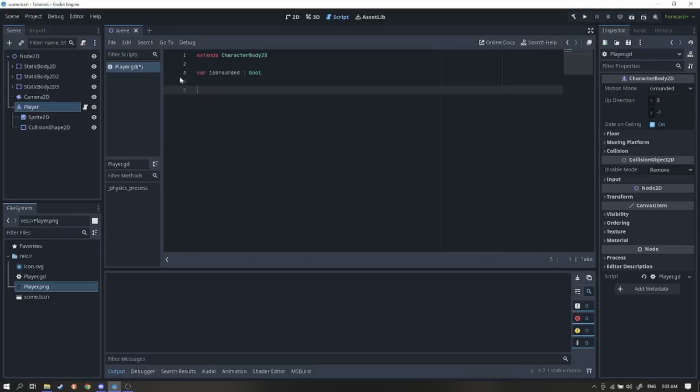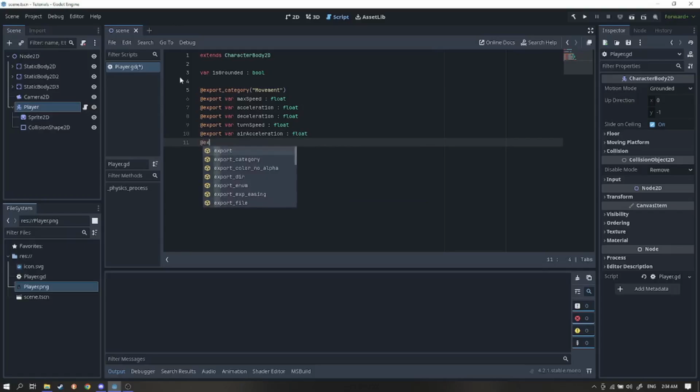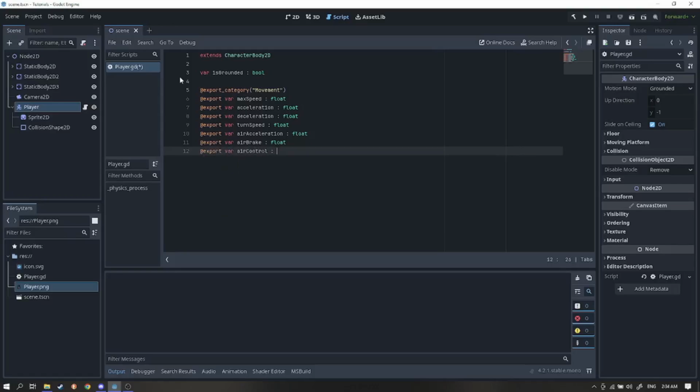We also want to separate these variables out in the inspector to make them easier to find. So we write @export_category("Movement"), @export var max_speed: float, @export var acceleration: float, @export var deceleration: float, @export var turn_speed: float, @export var air_acceleration: float, @export var air_brake: float, @export var air_control: float, var direction: float, and var